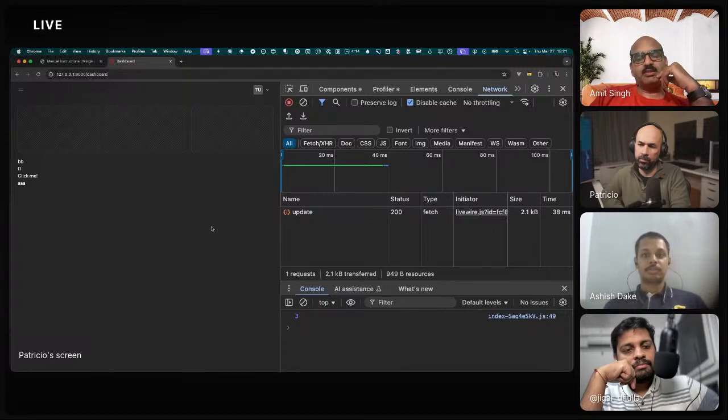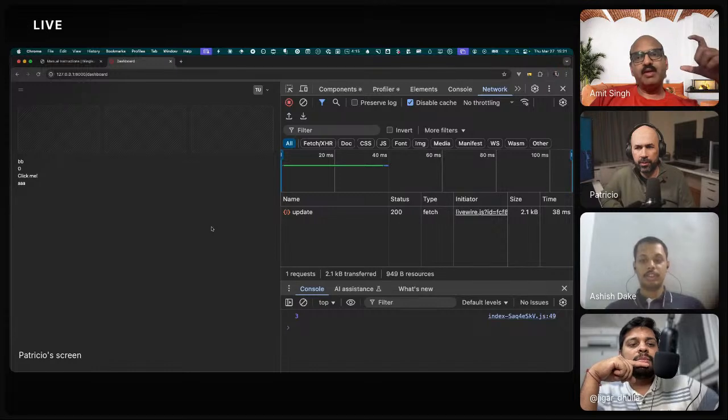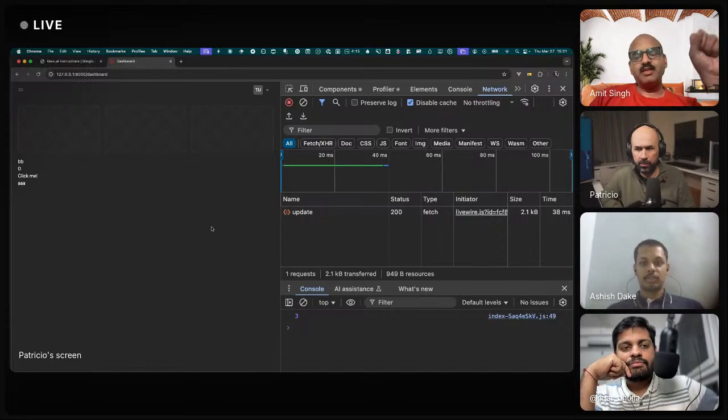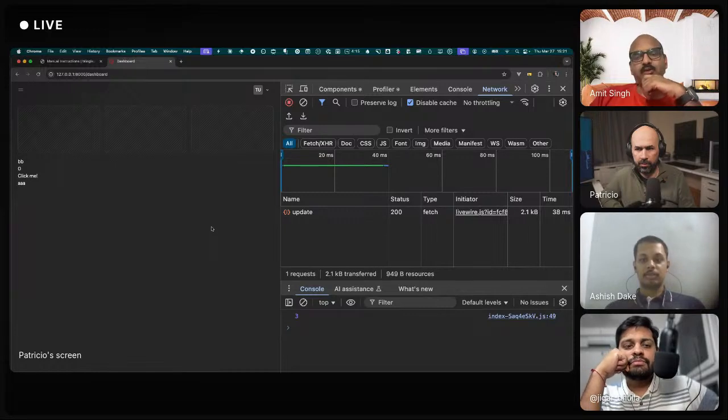So instead of a demo, if you can, Patricio, explain some use cases of these mingle blocks. The mingle divs that you have created, the Livewire components, because they're going to the server, getting the data from the server, and then showing it on the block, right?